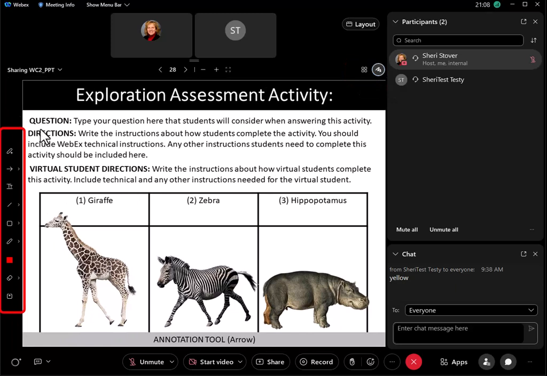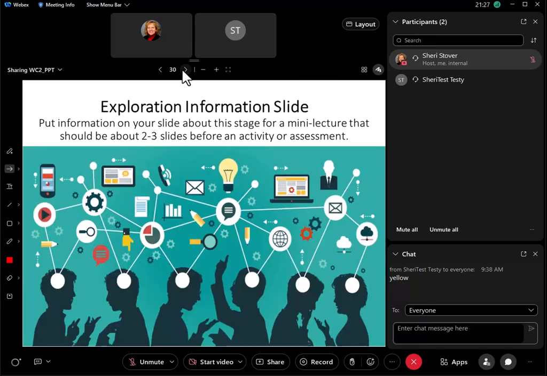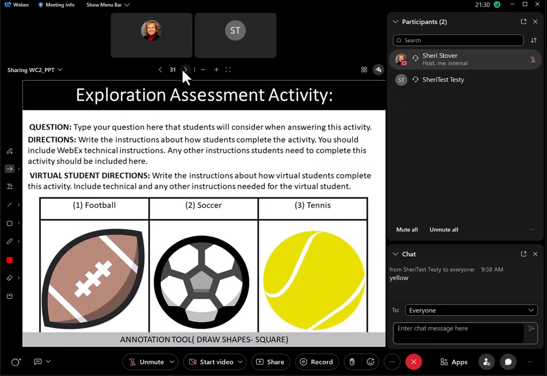So it displays it over there. And then you would tell them, in this case, we're going to do the arrow, so that I don't have to keep going back and forth between my student computer and mine, I'm just going to go ahead and demonstrate it. And then they would say, this is the right answer. So you can continue. And then you have a few more slides, more information, and then another assessment.